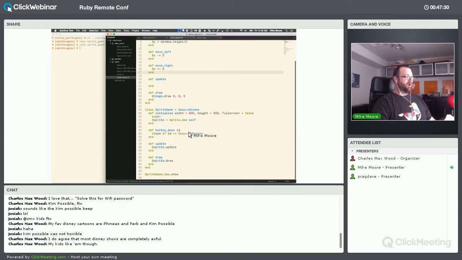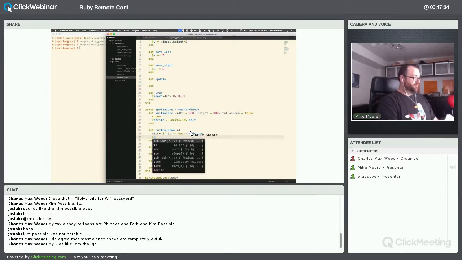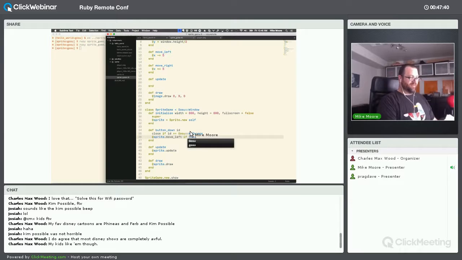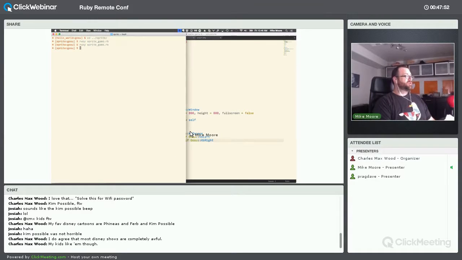And then on button down, we could say sprite.move left if we're pressing the left key. And same thing, we're going to move right if we're pressing right. So if we do it this way,